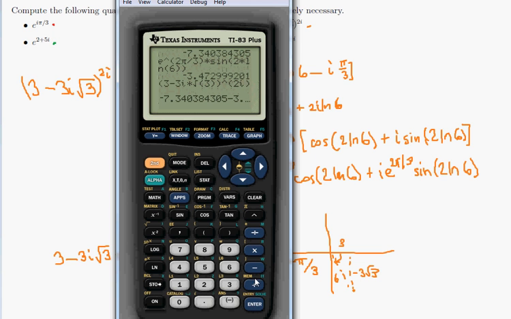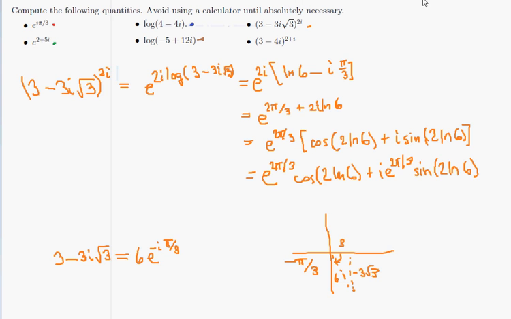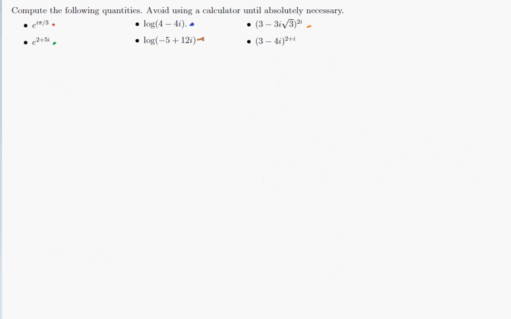And this works out to be exactly what we expected. Negative 7.34038 is the real part, and negative 3.4273 is the imaginary part. So that works out as expected. Finally, let's tackle this last one, 3 minus 4i